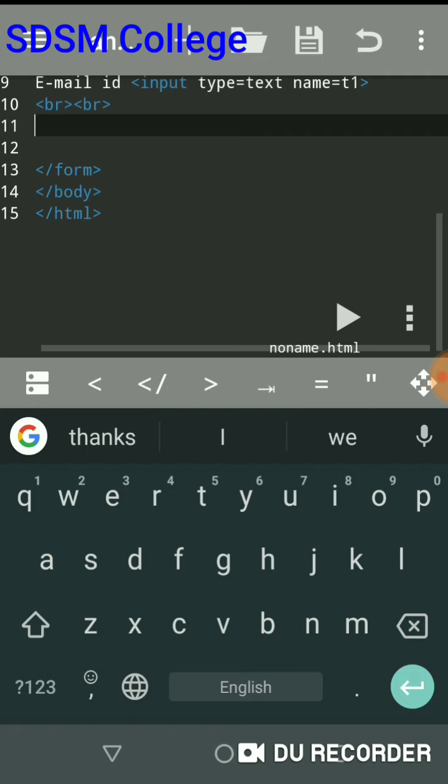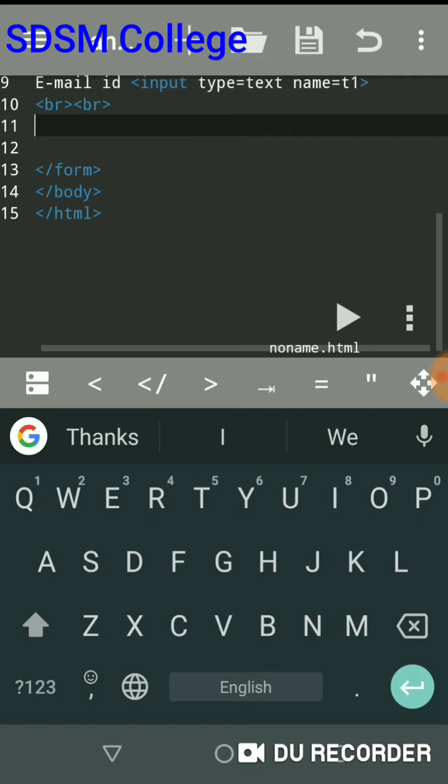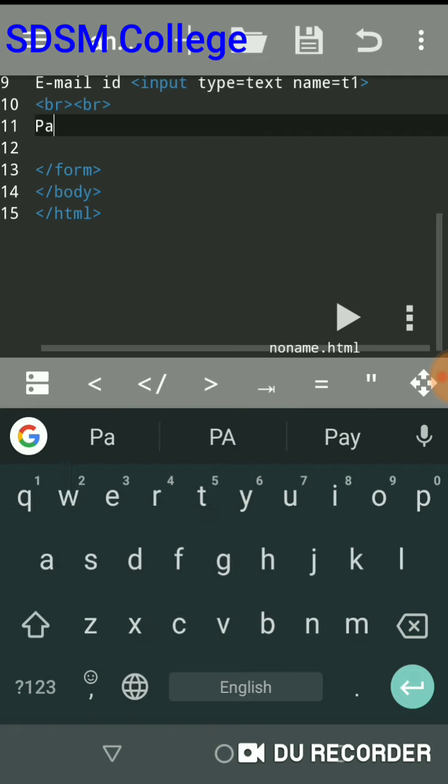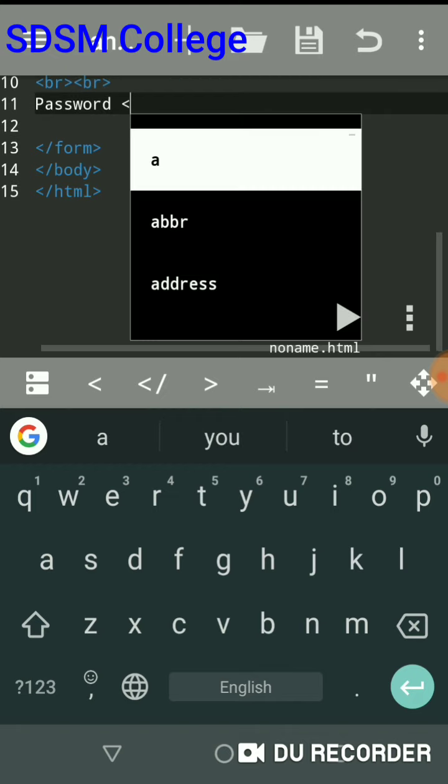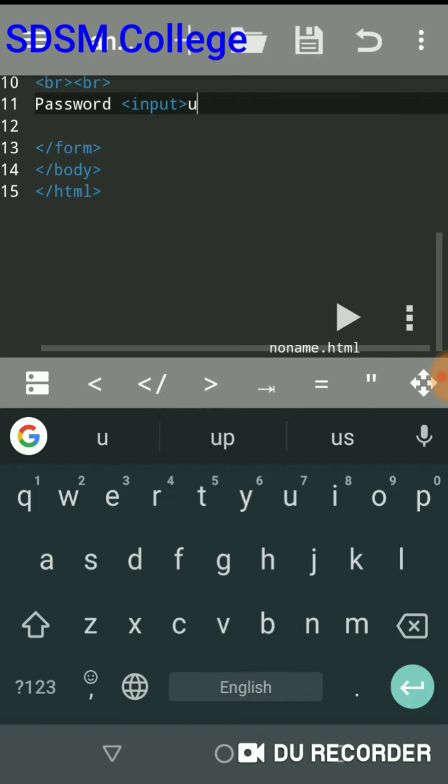Then I want to add a password field. So I need to put a label, say, password. Then to include a password input field, you will again use the input tag. Its type attribute value will be password.